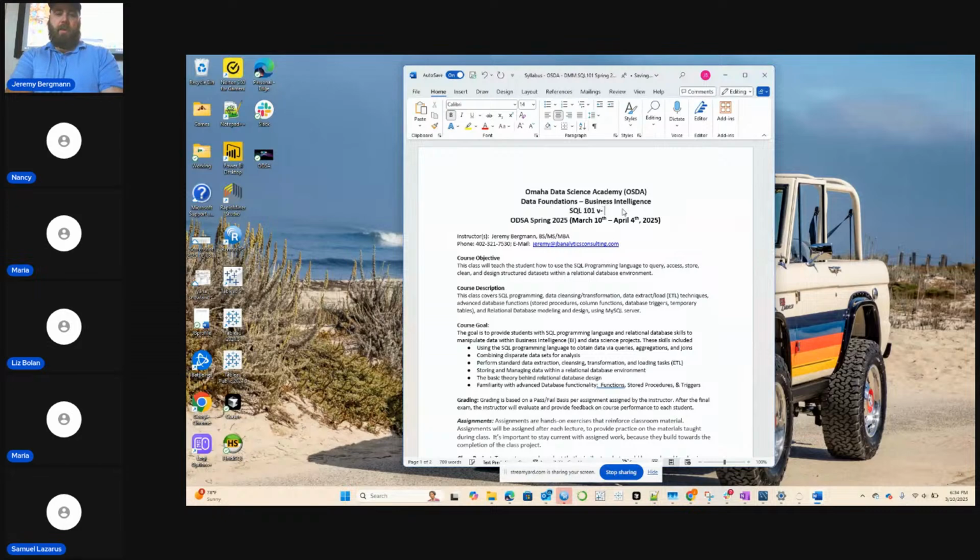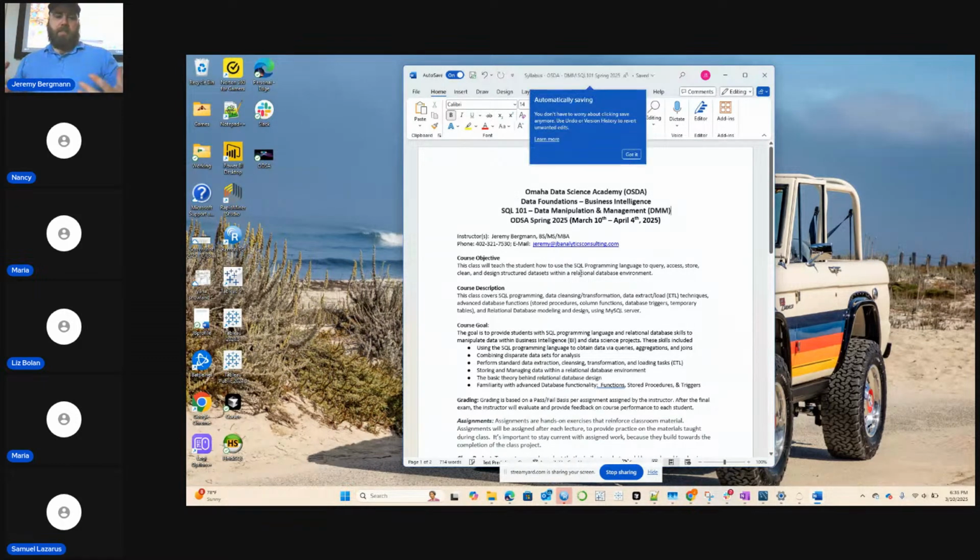And oftentimes I'll use both in the class, and management. I call that DMM. Okay. So that's the objective, is to teach you how to be able to navigate a relational database, to be able to manipulate and manage data using the SQL programming language.